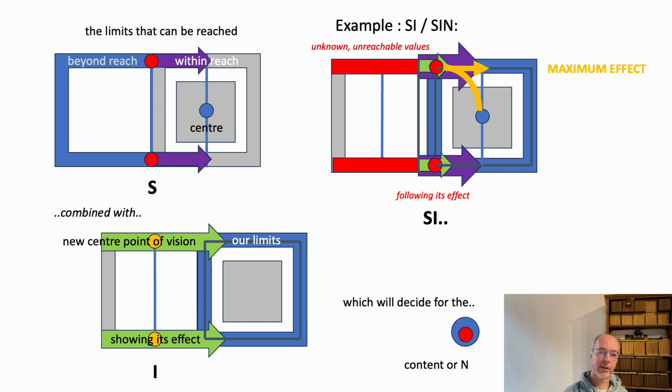The first example is of course the C, so the combination of S with E. In this combination it will try to get the values within our reach, this which is unknown and we don't know where it leads to, and we follow very easily its effect with E. So we follow it up and we say, okay, we give it a maximum effect, because S is the limitations that are outside our reach coming in via the E. So they're coming in, we're receptive to that, and when we follow it up in our limitations, we also follow its maximum effect as it is expressed in C.